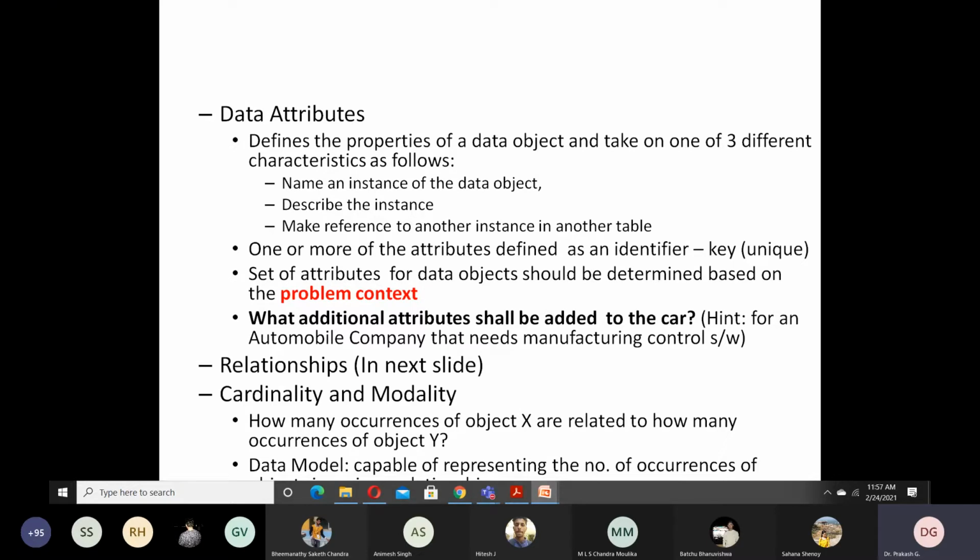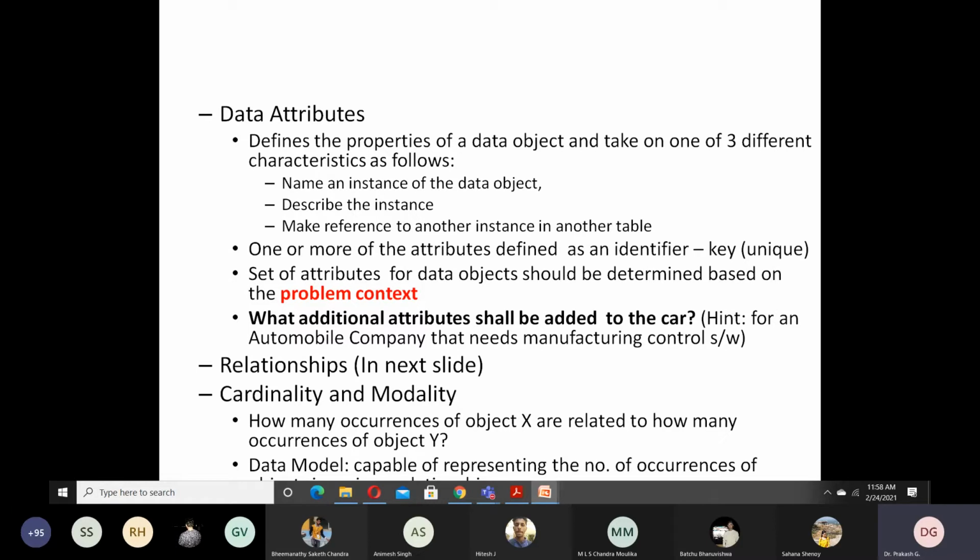And what are all the characteristics we can define? See, there are three characteristics. If any one matches, we can say that it is an attribute. They are: name an instance of the data object, describe the instance, and make reference to another instance in another table. These are the characteristics which can be defined for data attributes.